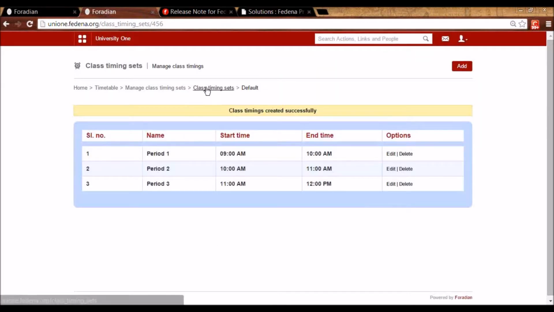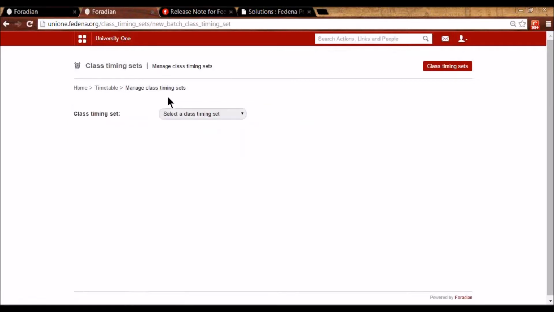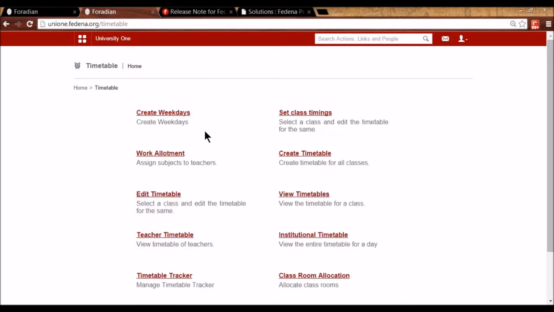So let's say we have till here. So this is the default class timing set now, and all these batches along with the new batches that I create will be following that default class timing set. So this is the first enhancement that we have.